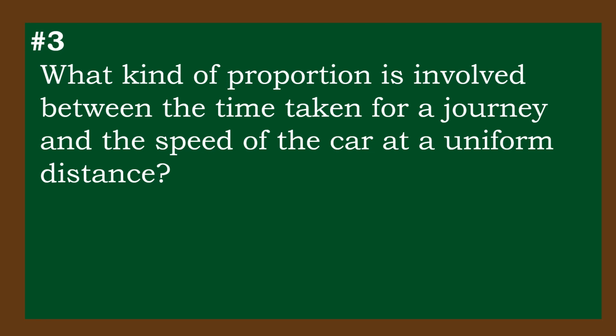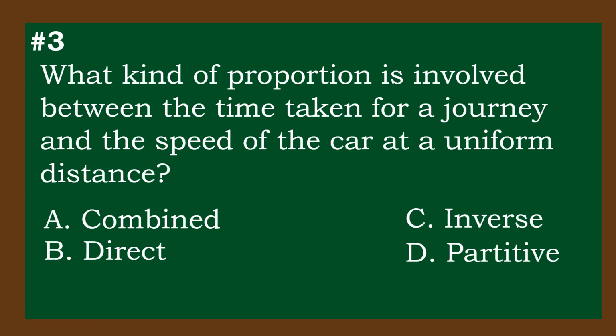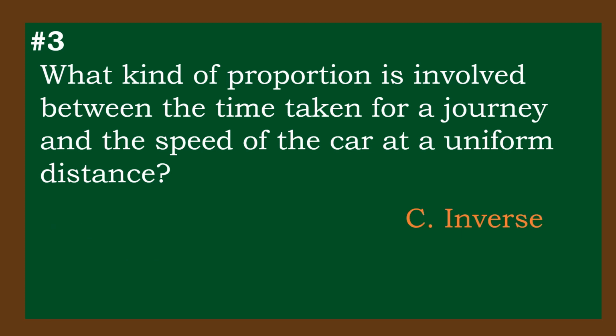Number 3. What kind of proportion is involved between the time taken for a journey and the speed of the car at a uniform distance? A. Combined, B. Direct, C. Inverse, D. Partitive. The correct answer is